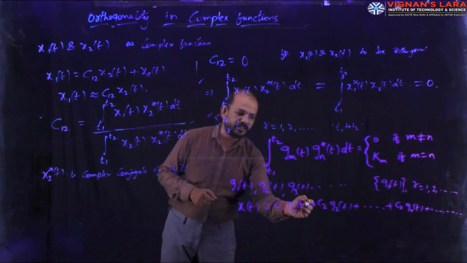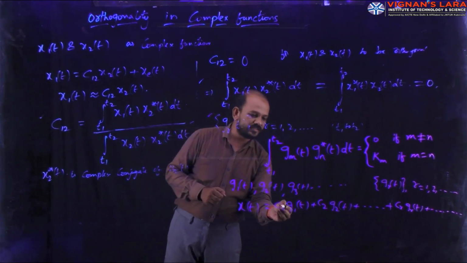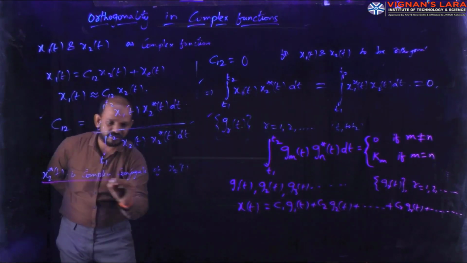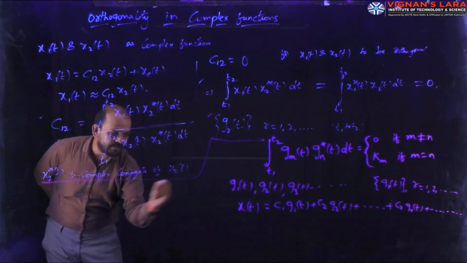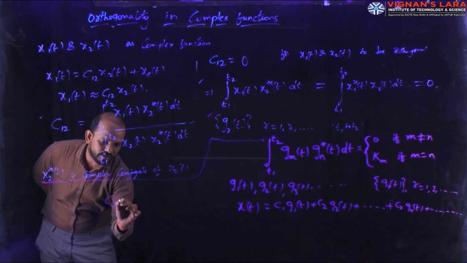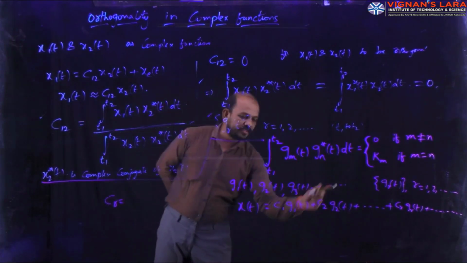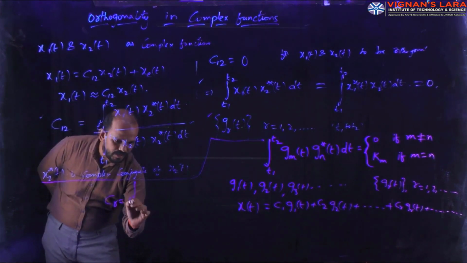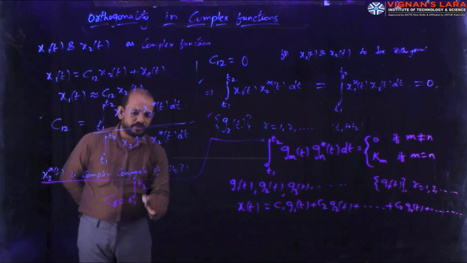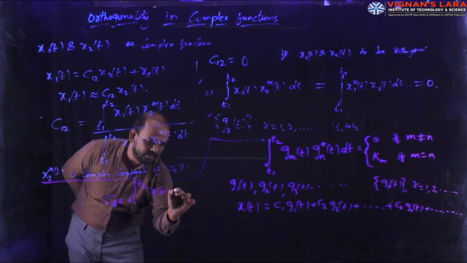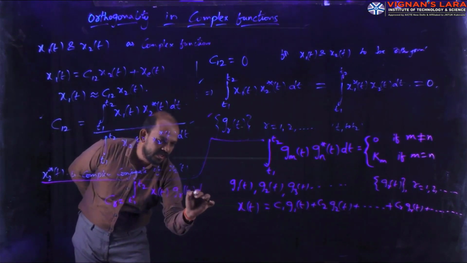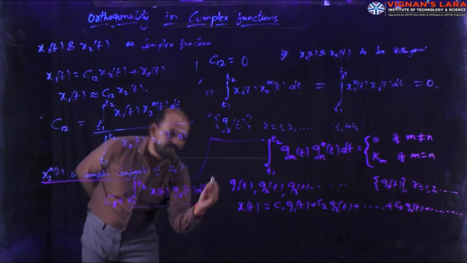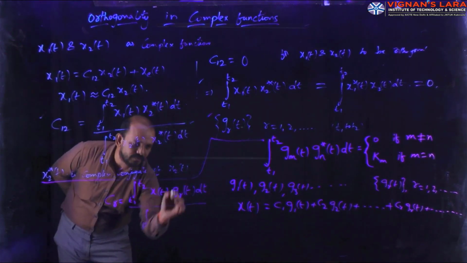In this I need the value of the constants. What is the value of the constants c1, c2, c3, and so on? I am considering that constant as cr. Can anyone tell me what is the value of that constant cr? So I need the value of that constant cr. What is the value of that constant cr? Cr will be equal to integral t1 to t2 x of t into gr of t dt divided by, or simply, gr star of t.